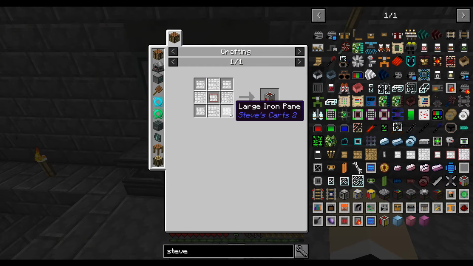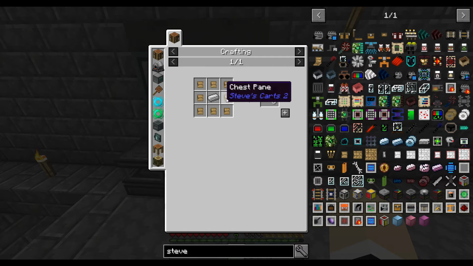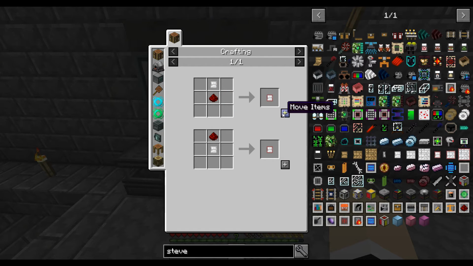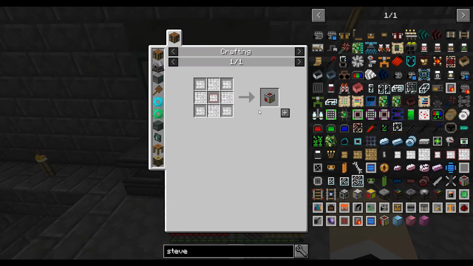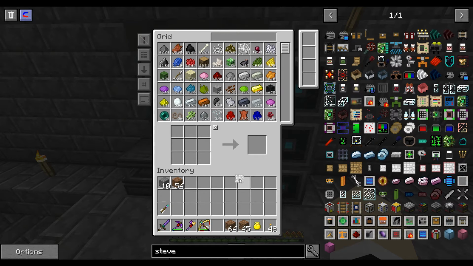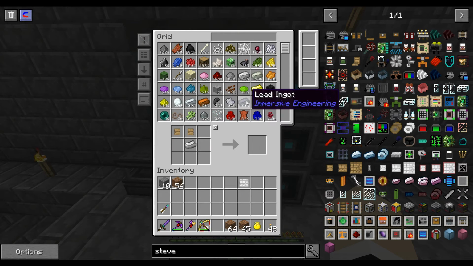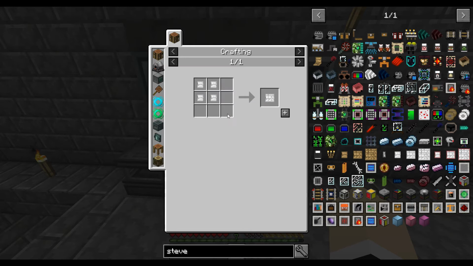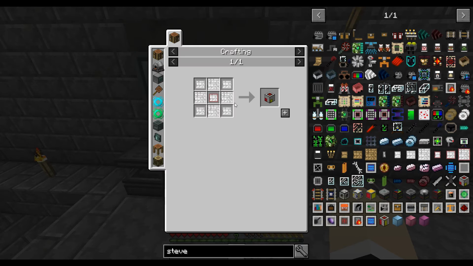So let's get that. All right, so large, huge, large, dynamic. So let's make that. We need 4 of those. Okay. Oh man, seriously? I'm gonna have to make more of these? Oh gosh. You know what? I'm just gonna make double. Okay. Okay. That, I don't know if that'll be enough. We need 3 more of these. There we go. And then we're gonna need...